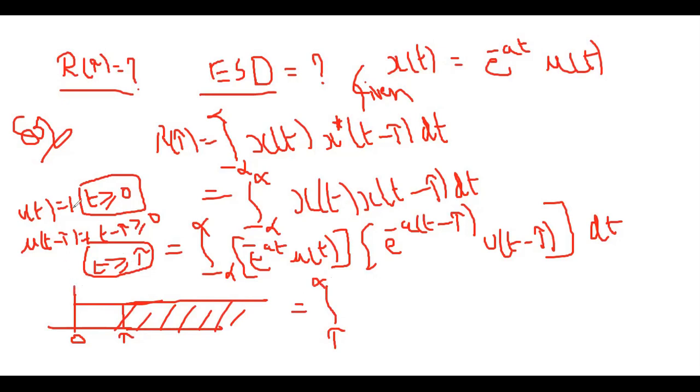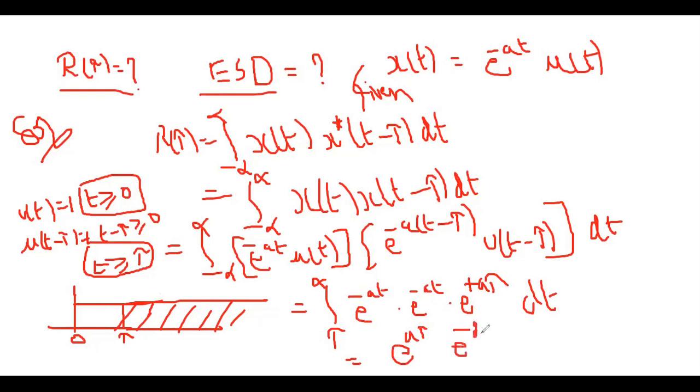So if I am taking the mu of t is equal to 1 from 0 to infinity, but the mu of t minus tau with respect to dt, only here t is greater than or equal to tau. So tau to infinity. So the overlapping for these two combinations is tau to infinity. So e power minus at and e power minus a(t minus tau) dt is equal to e power a tau, which is a constant, and e power minus 2at. So e power minus 2at by minus 2a,